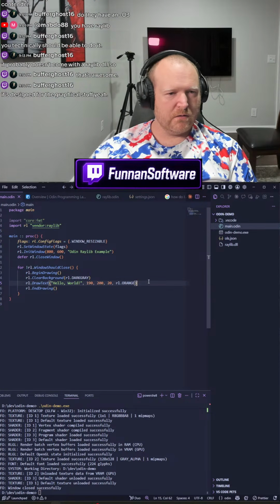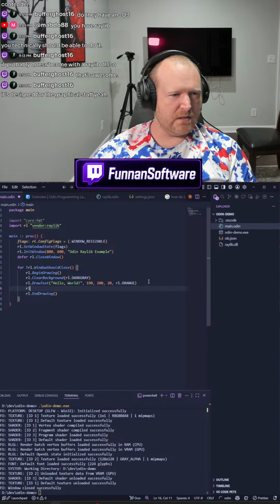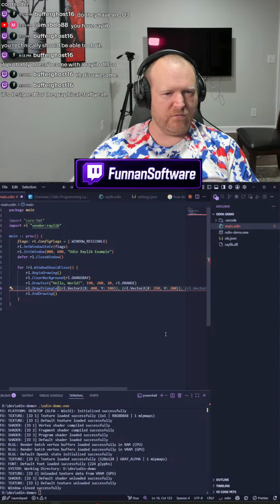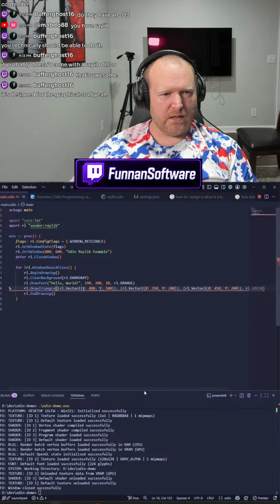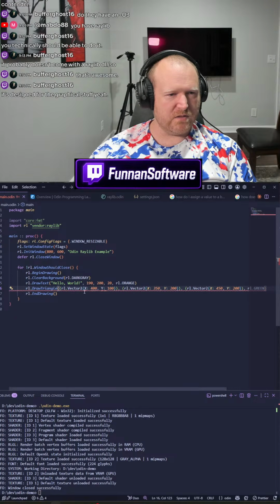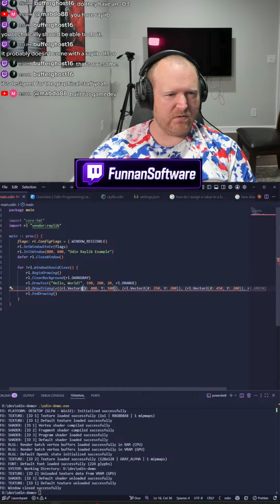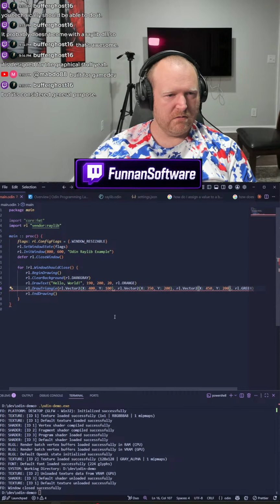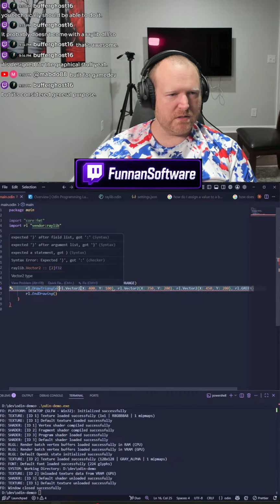Cool. RL dot draw triangle, autocomplete for the win, and it gets it completely wrong because it's doing this weird C style casting. Wonder how Odin supports.